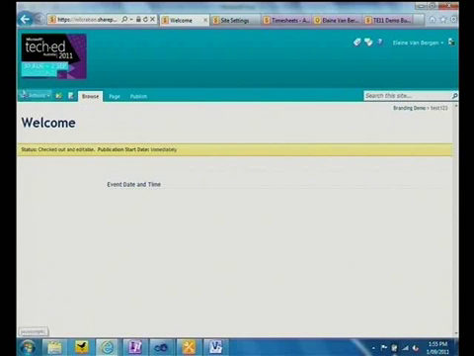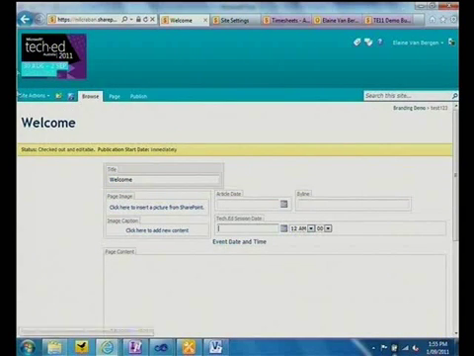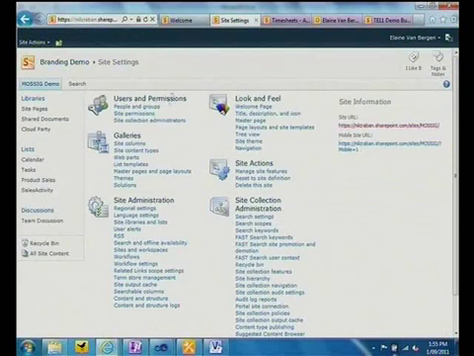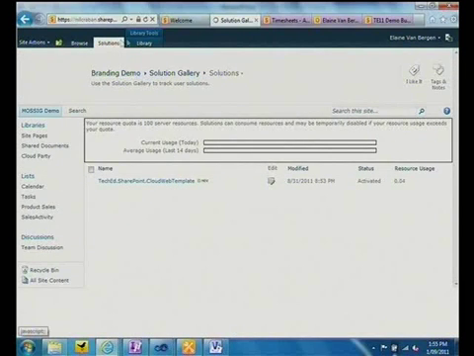So here's the site I've created. Very nice and easy. It's gone off, it's created a custom welcome page, it's put a custom field, a custom page layout, a custom default page, that kind of thing. So now anytime that I select that TechEd publishing template, it's got all my customizations all inbuilt. So if we have a look at what happens when you upgrade a solution, basically if you wanted to push an upgrade of this through,